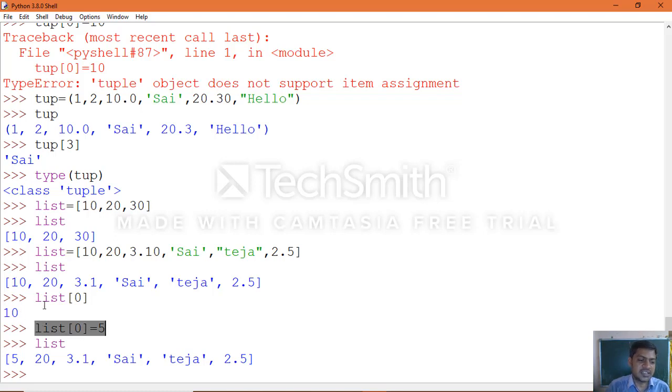List will allow such a way because it is mutable. List is mutable, so it can hold any type of data, an ordered collection of data items or values. Then you can check the type of data by using the predefined function. How can you check? Type of list, okay, where we took the variable name list.